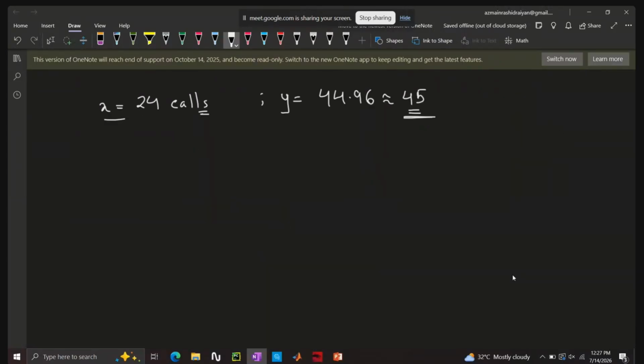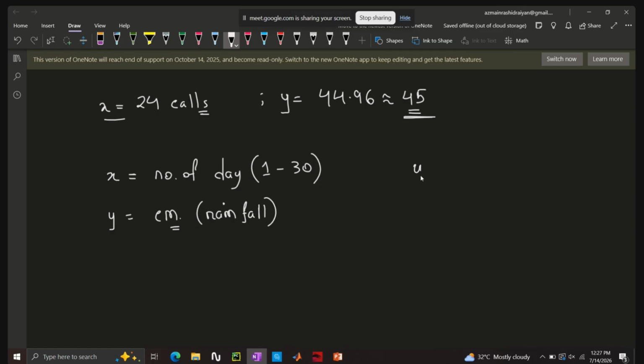Similarly, let's say we have a regression model with a simple example. In this case, X is the number of days. In a month, we have 30 days, right? Let's say the number of days is written as X, which varies from 1 to 30, and Y is the average rainfall in centimeters. If we have developed a linear regression model, which is Y equals f(x), written as a plus bx,